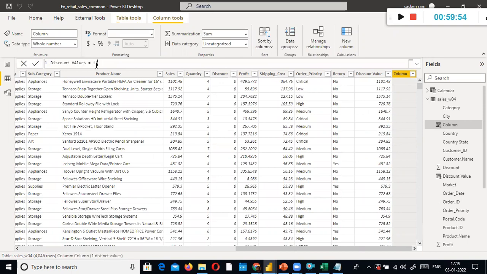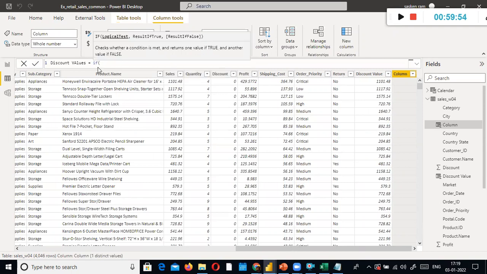So here, if I say IF condition, look here, if I'm using parenthesis, it gives us the help, logical test. For example, if order quantity is greater than 5, then what you need to do, if it is true, if it is greater than 5, then you give 0.8% to those customers.